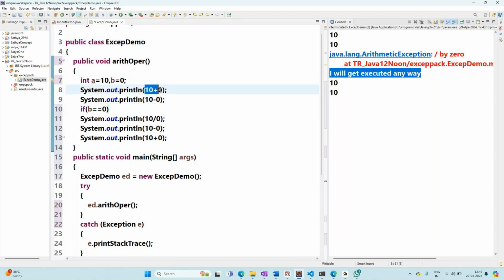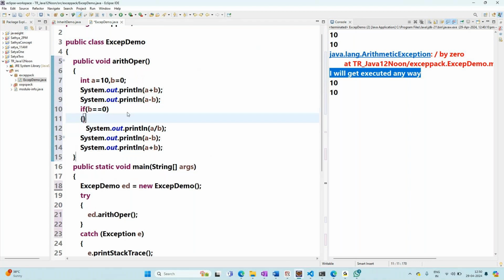Here I will say a plus b, a minus b, a divided by b. So if b equals 0, I will say